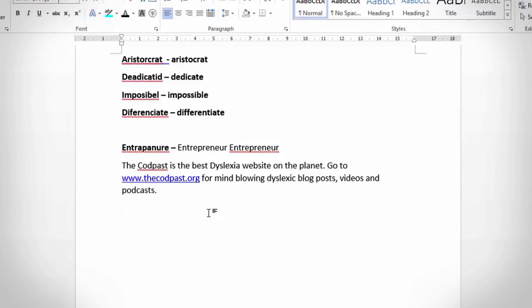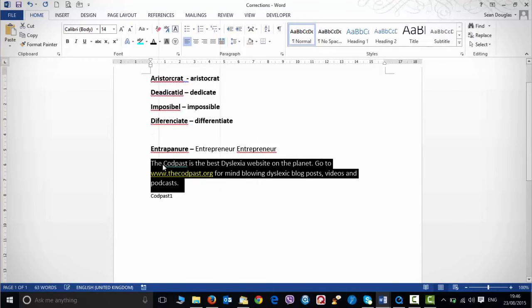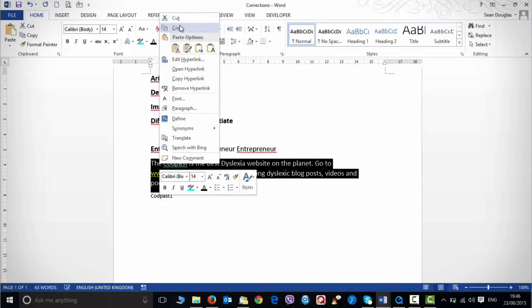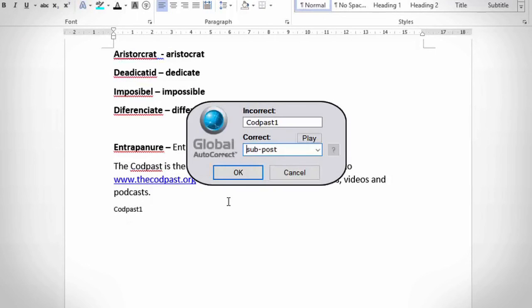So what I'll do is I'll type my shortcut as Codpast 1. And one tip is, if you are going to do this, if you make a word, it needs to be a word that you're not going to have to use in real life, otherwise it will correct it all the time. So the best thing to do is to use an acronym or to put a number behind it. So I'm going to use Codpast 1, so I will copy the text that I want to use in that shortcut, copy, then I will highlight the word, open up the interface, F2. So what I will do now, where it says correct, is paste the text that I want to use, click OK,